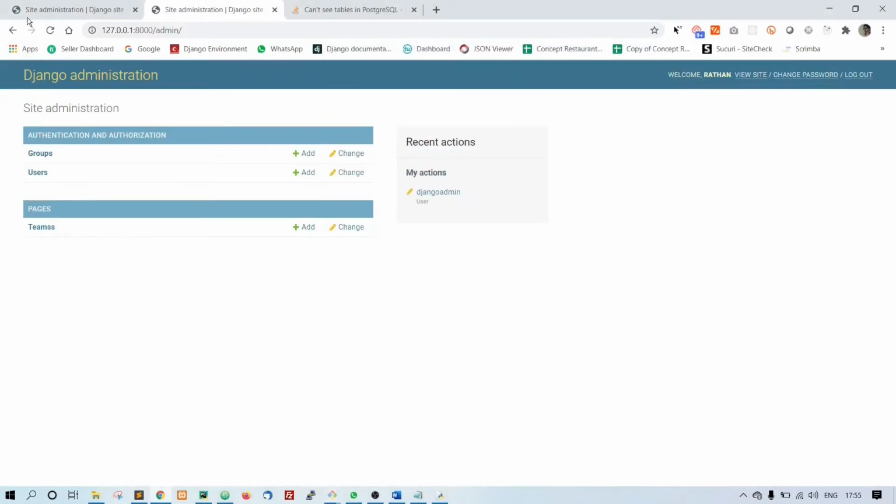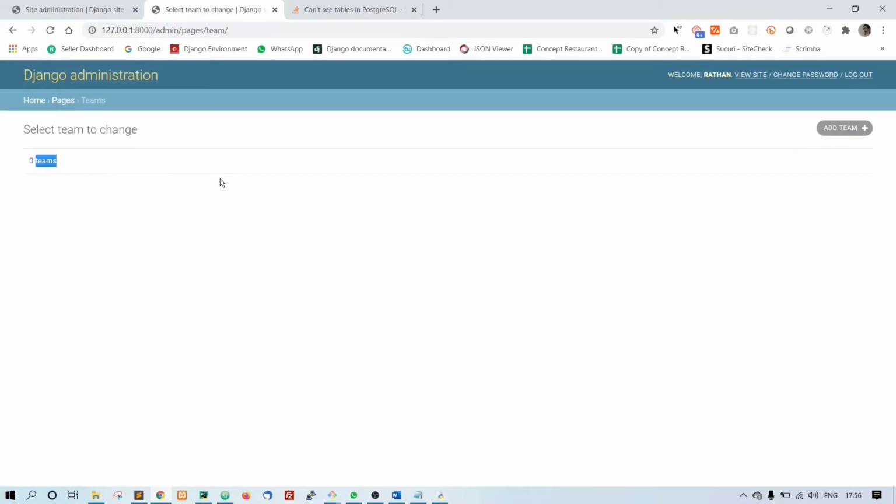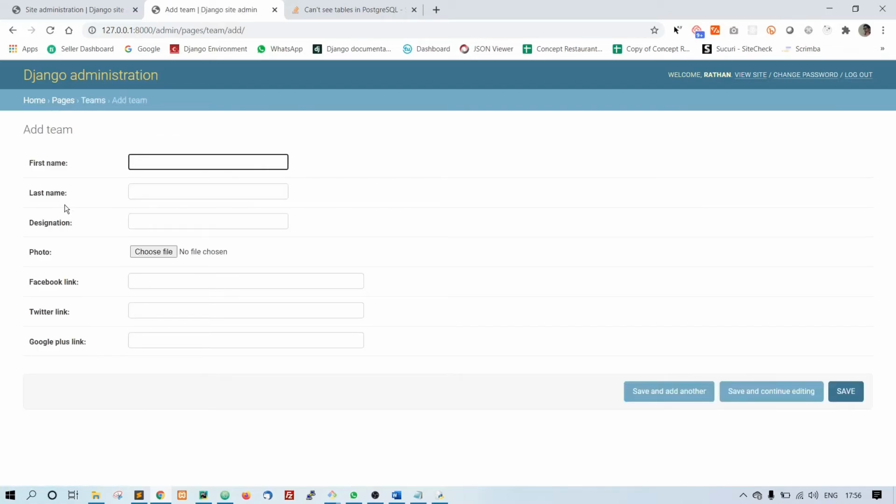So now let's refresh it. Now you can see test is removed. So it automatically made the model name plural. Now click on this Teams. We don't have anything here, so let's create one.